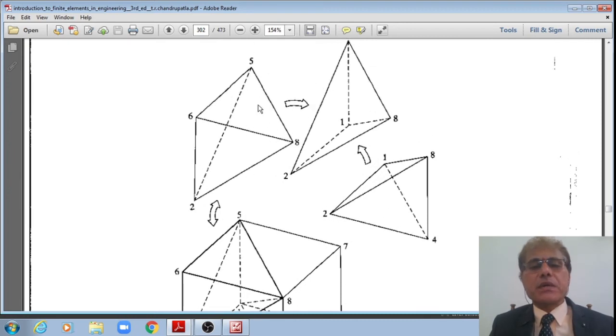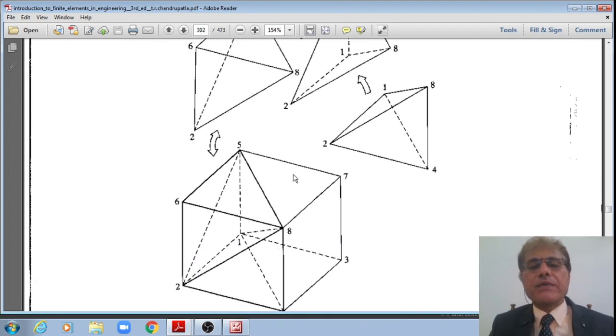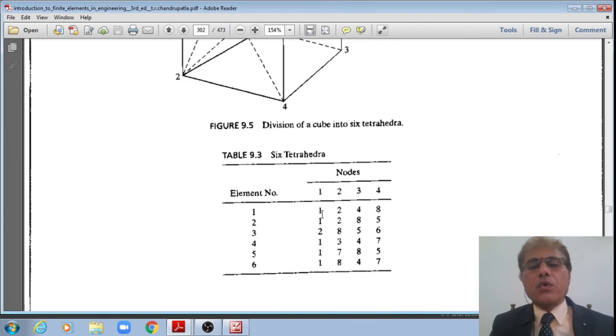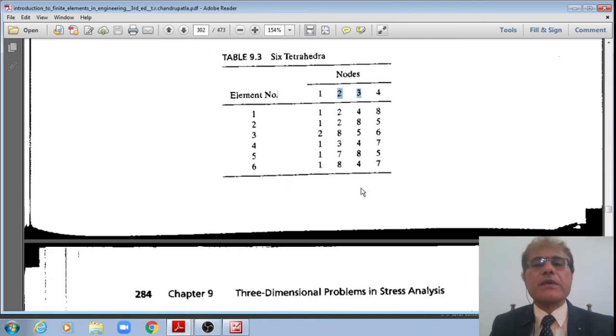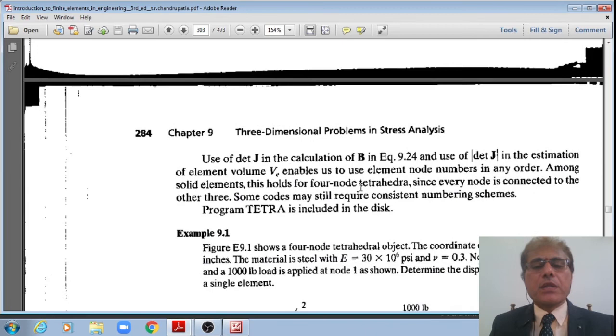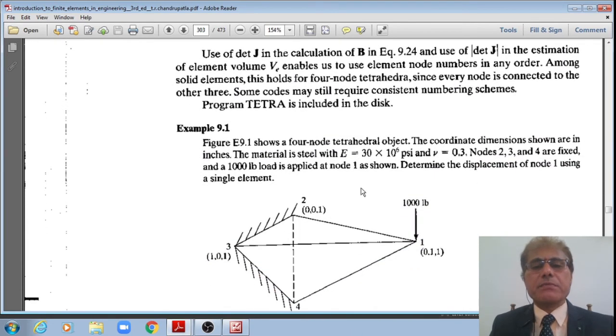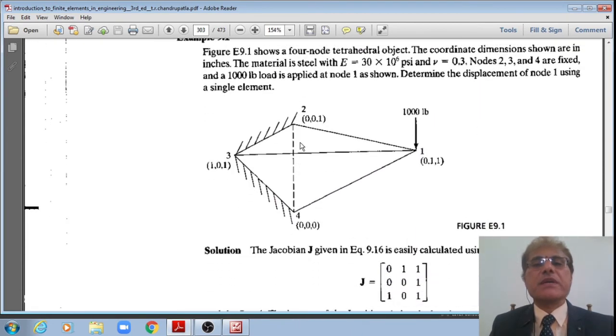Each of these elements has node numbers in the global coordinate direction as seen with respect to the local coordinates, right? That is how the element connectivity table will establish the relation between the local and global degrees of freedom, right? Now let us see a numeric application problem of this.